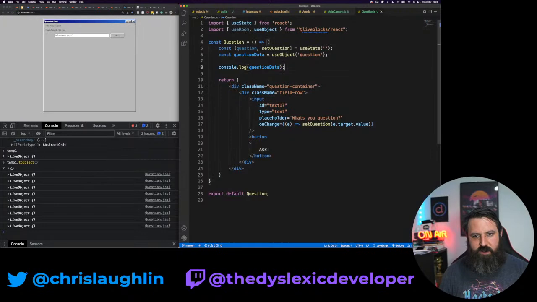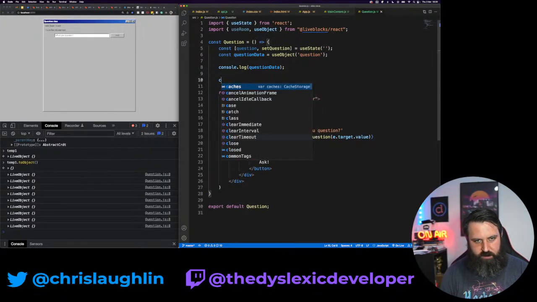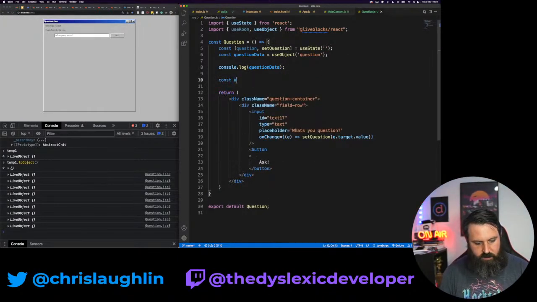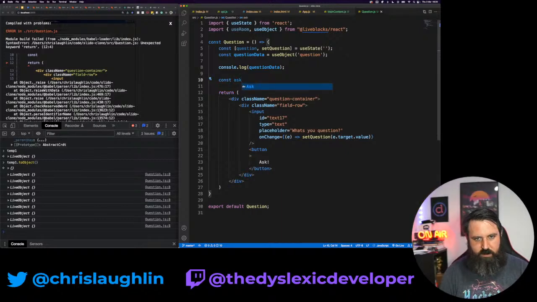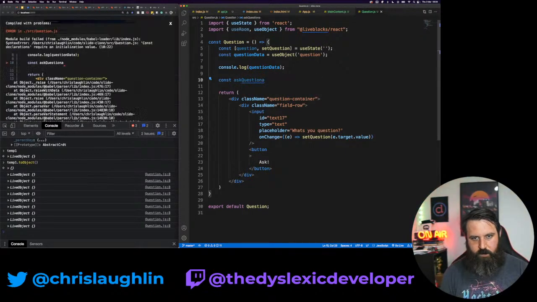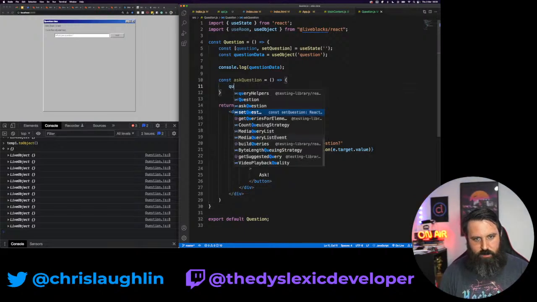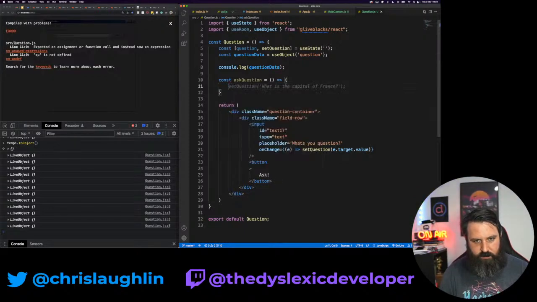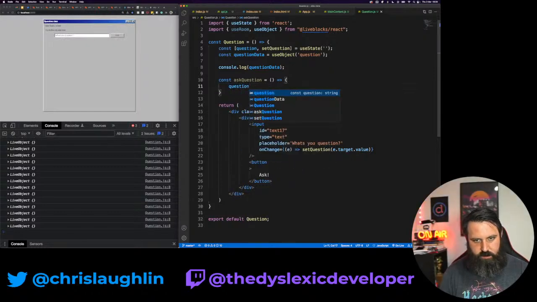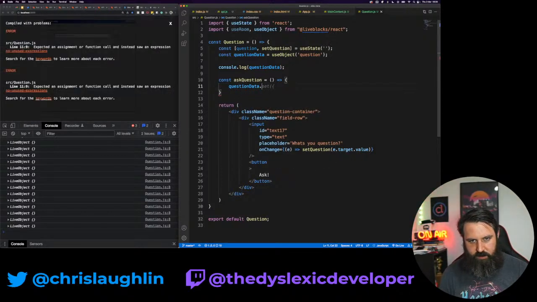So probably best to create a function here. If I do const askQuestion is that, and then in here it's going to say questionData dot set.